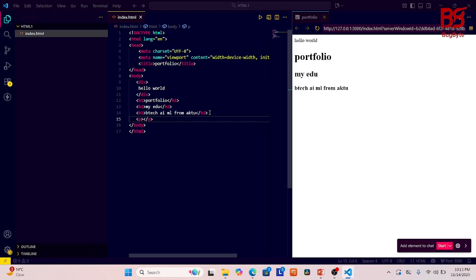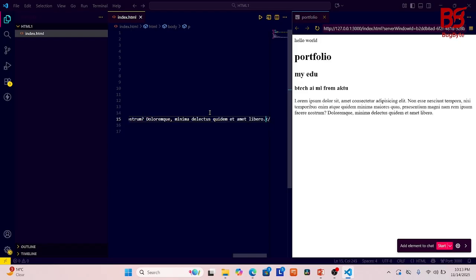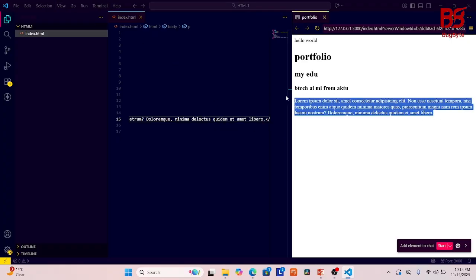Okay, so I will write here lorem 34. As I just write lorem 34, here you can see that on the right side it has randomly written a paragraph of 34 words. I have written it to check how my website looks if I put a paragraph of three to four lines, and you can replace it with what you want to show in your